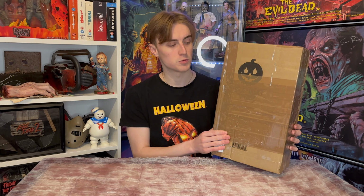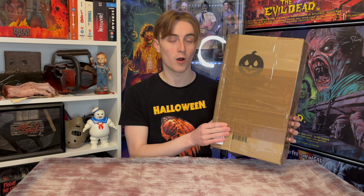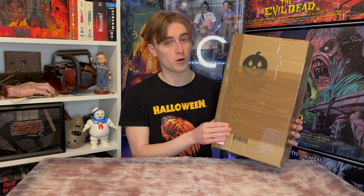Inside this box is Trick or Treat Studios' 1/6 scale figure of Dr Loomis as he appeared in John Carpenter's 1978 classic, Halloween. It's safe to say that this is one of those collectibles that the entire horror community has been looking forward to for quite a long time now. People have been talking about this guy since he was first announced almost 2 years ago,